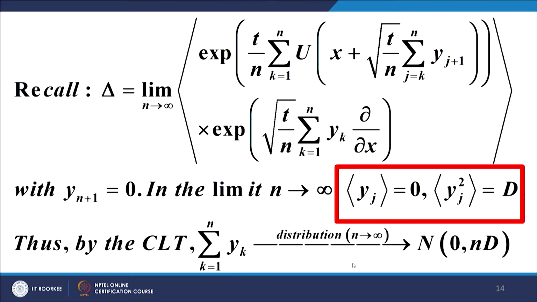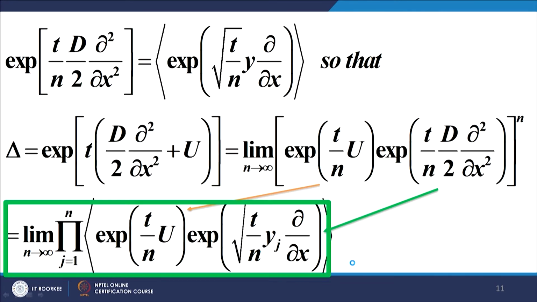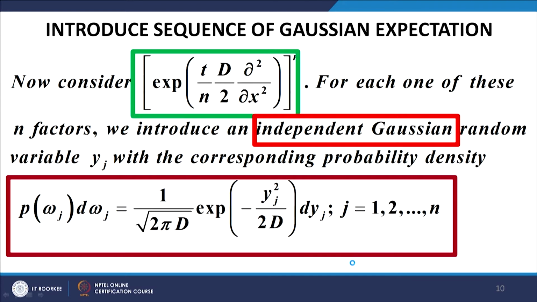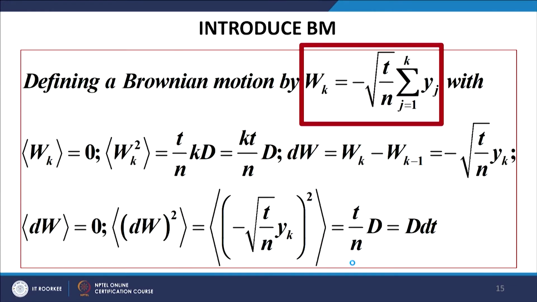Right. So, what are the properties of y? That is quite straightforward. You can directly infer it from the probability density function of y. If you want, we can go back and have a look at it. It is here: the variance is d and the mean is 0. So, they are normally distributed, all the y's are independent of each other, they are Gaussian, distributed with a mean of 0 and a variance of d. So, that is quite straightforward.